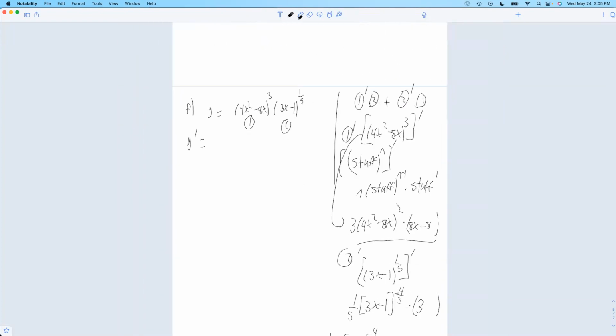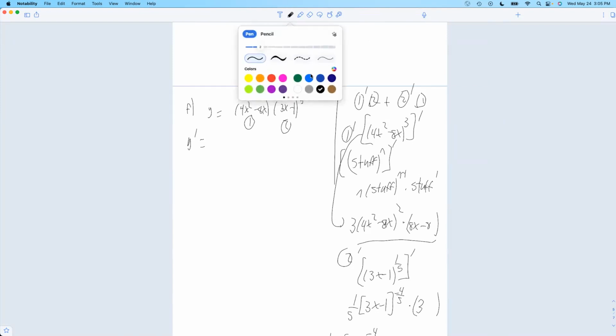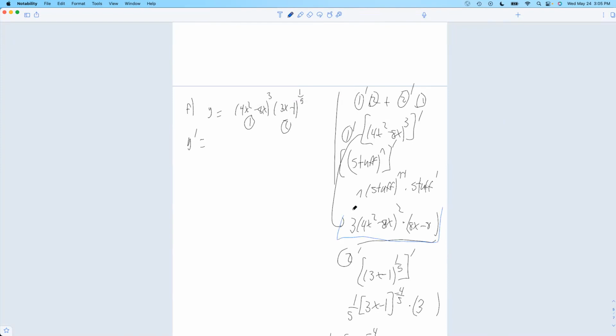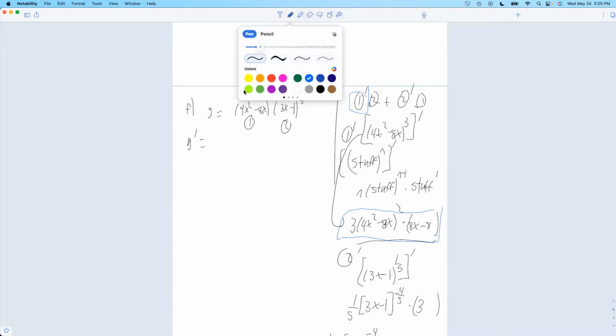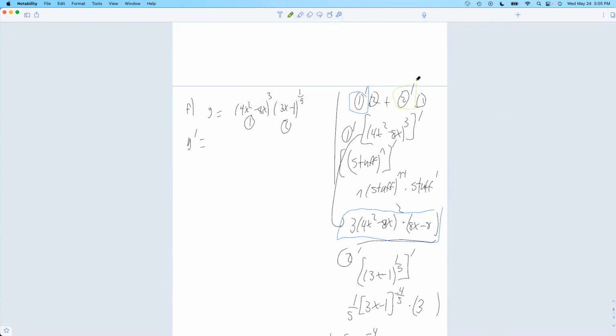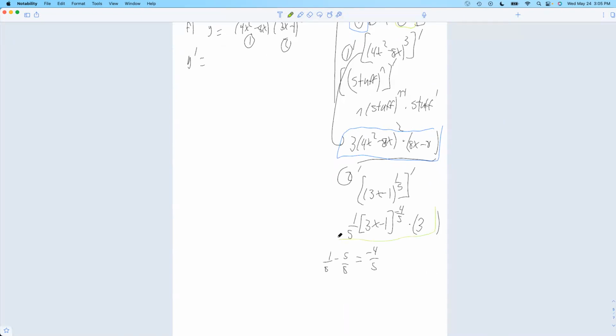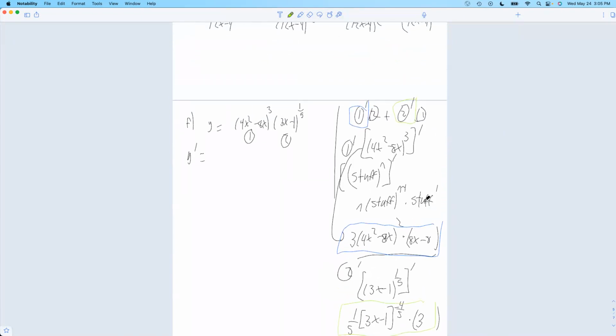So here, maybe I'll color code these. So this is blue here. That's going to be that guy. And green. So this one will be... okay. Then y prime will be derivative of the first. So here, I'll keep color coding this. 3 times 4x squared minus 8x, squared, times 8x minus 8